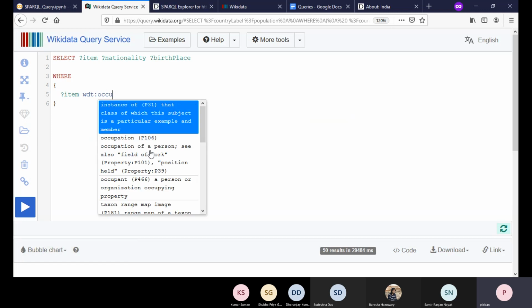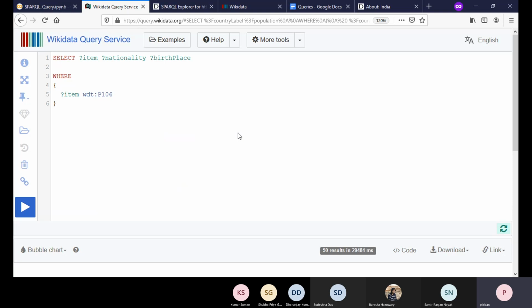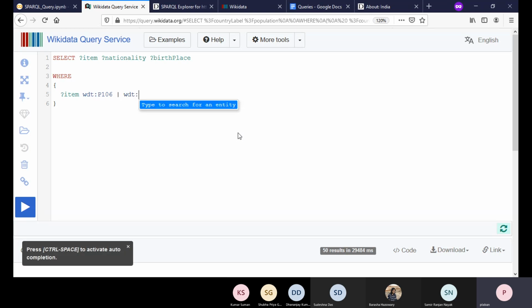So we can see we have got occupation, field of work, etc. But you can also argue that the item can also be an instance of astronaut. I don't know how Wikidata has represented it, so I guess you can do it like this. You just use a path query specifying or, and say WDT colon instance of.